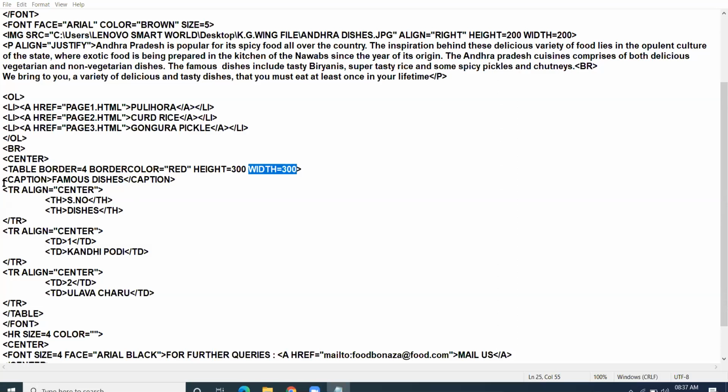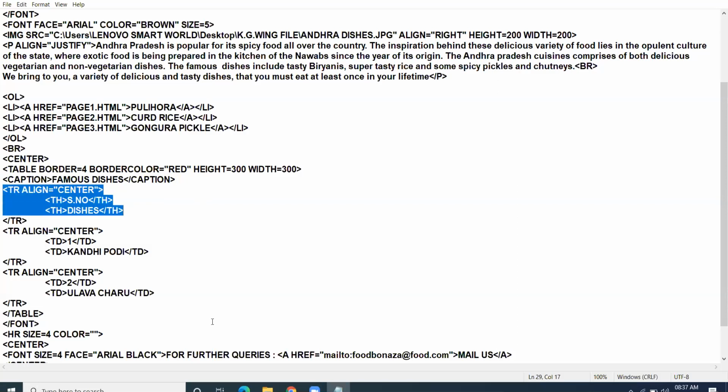Now this is the caption. One mistake which students make is they write caption before the table tag. Caption is to be written after the table tag. See here, I have taken the caption tag after the table tag. Right? Now this is the first row.